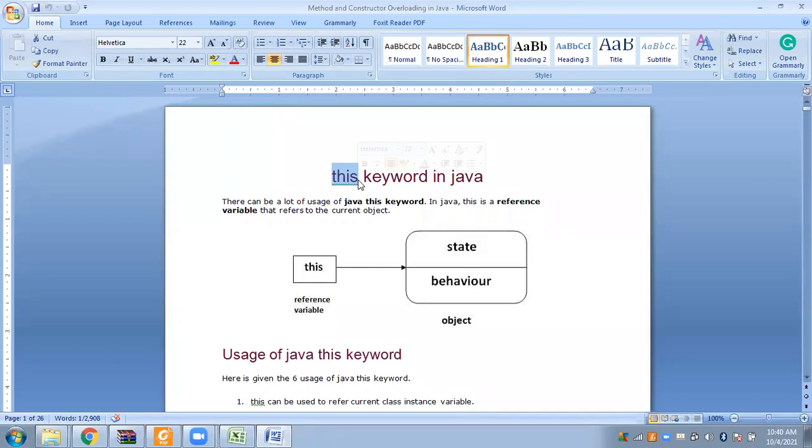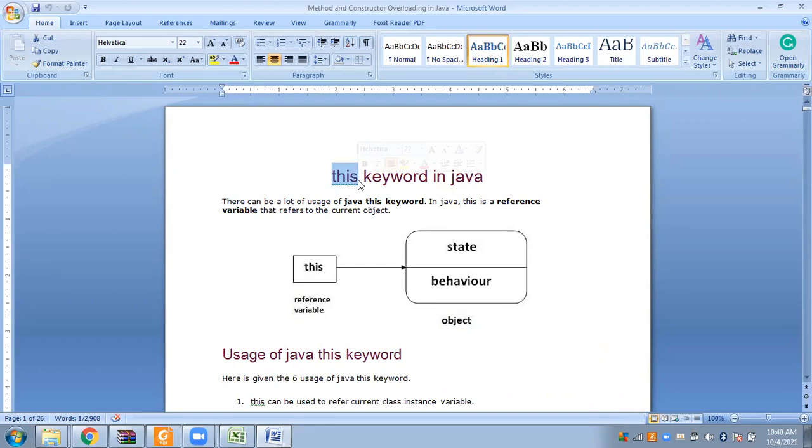Suppose I have 10 cups in front of me, and I ask which is yours, you will clearly point out your cup and say, ma'am, this is my cup. That means you're pointing out that amongst all these, this particular one is your cup. So this is when you are specifically pointing out a particular object.